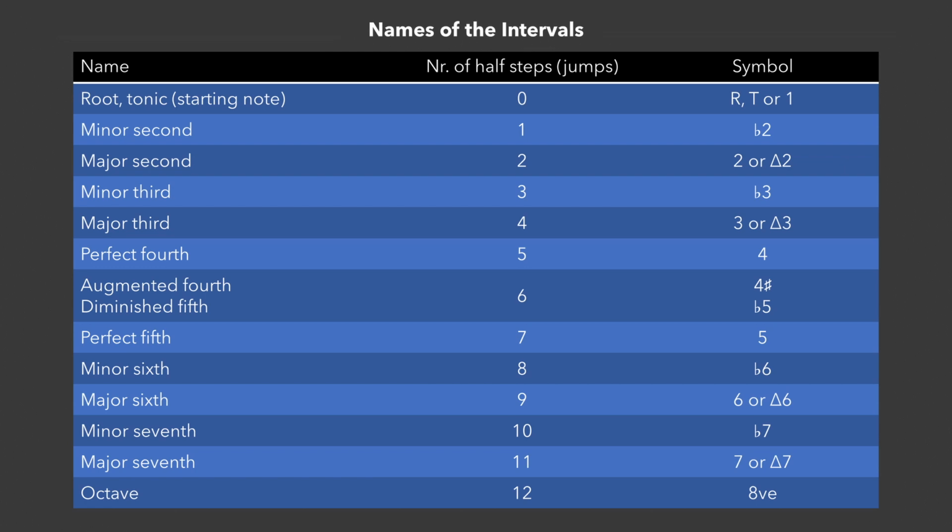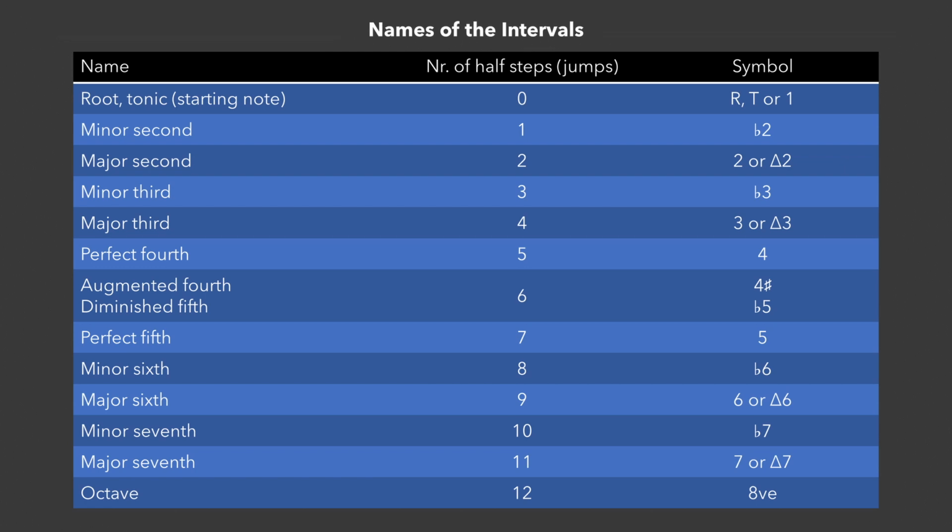If we go back to the table, you can see that there are minor, major, perfect, augmented, and diminished intervals. The reason behind these names is outside the scope of this video and for most practical uses, irrelevant. What's important is that you are familiar with these names and which names are assigned to which intervals. We use minor and major to describe seconds, thirds, sixths, and sevenths. Perfect for the 4th and the 5th, and augmented and diminished also for the